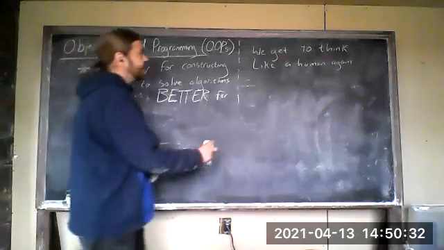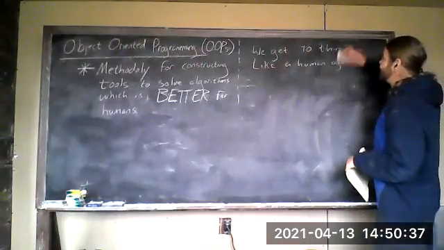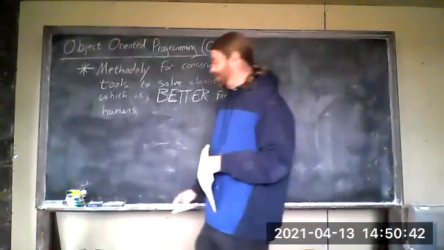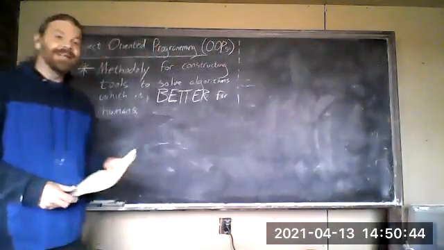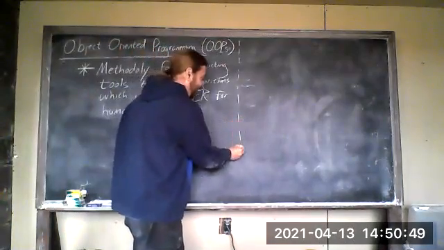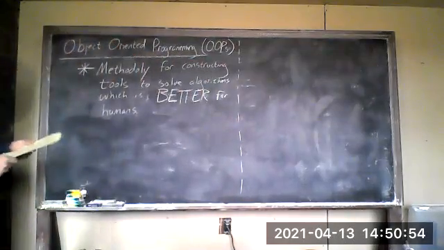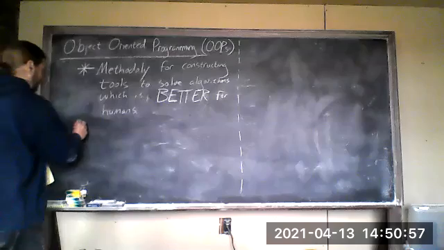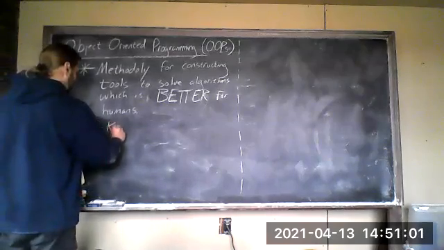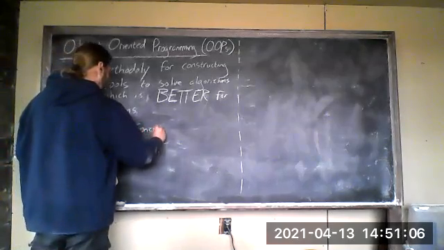So I'm going to erase this as well. That's with those pictures, the advantage is we get to think like a human again. After all that work of learning to think logically so that we can put algorithms together that a machine can work with, we can turn around and actually think like a human again and get things done in a way that comes more natural to us. So there are three key concepts in object-oriented programming. And I already used all three words. So our three key concepts